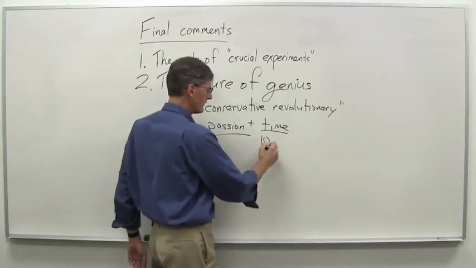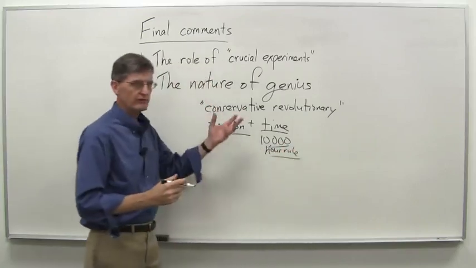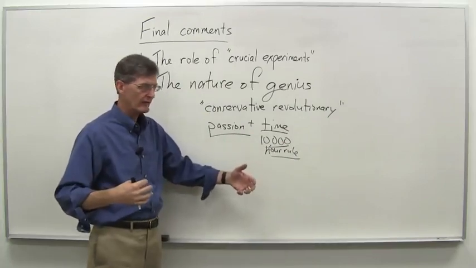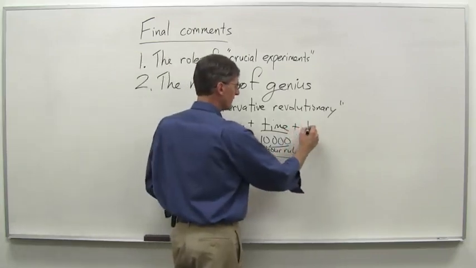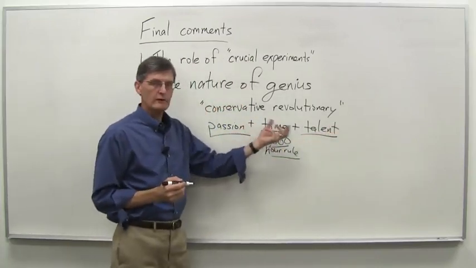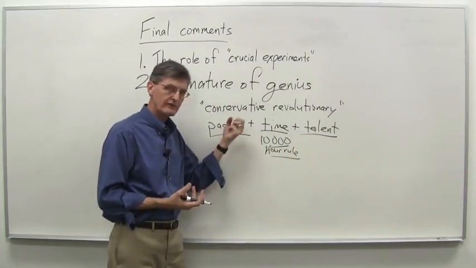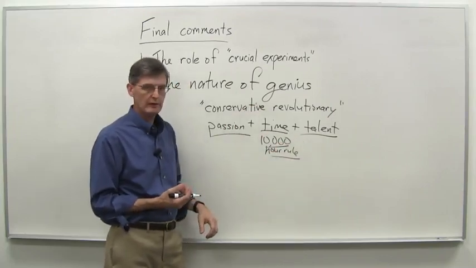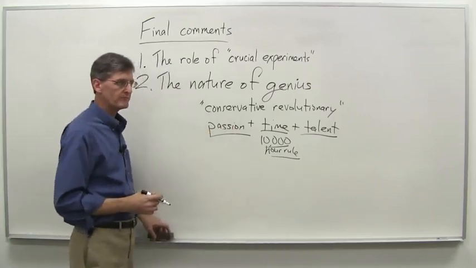You may have heard of something called the 10,000-hour rule. When they actually study geniuses and exceptional individuals, they wonder, how did they, especially young people, how did they get so good at such an early age? They found that in many cases they certainly had, and the third factor here we'll say is talent. They certainly have talent in areas, but a lot of people have talent and don't develop as much. But it's a combination of this passion that drives them to invest the time that, combined with the talent, then takes them to higher levels than many people reach. So a number of different factors that go into the nature of genius, as it were.